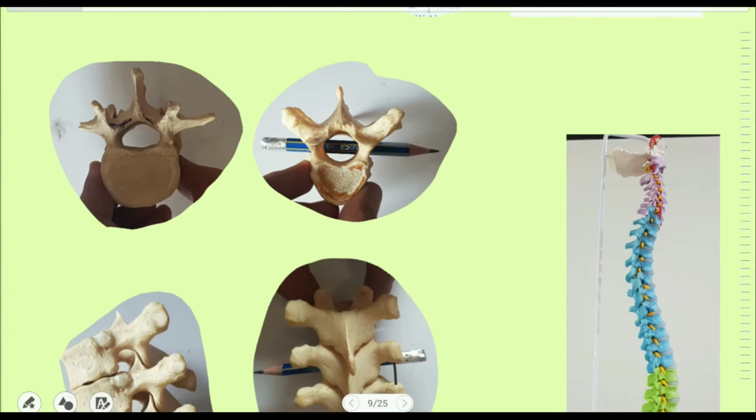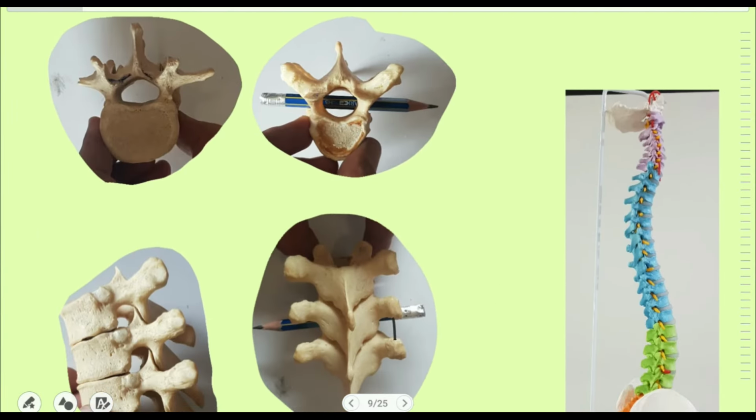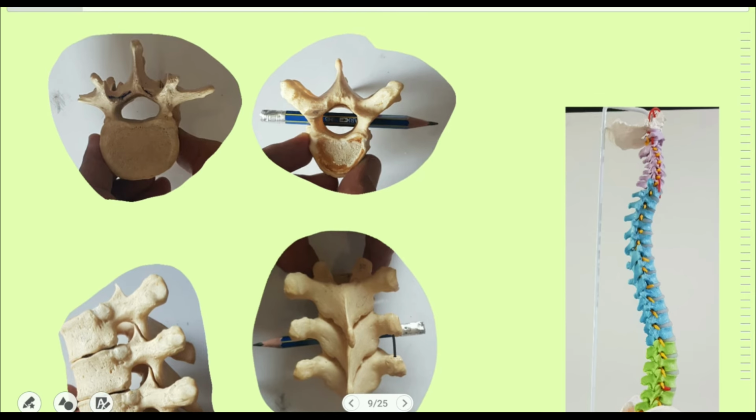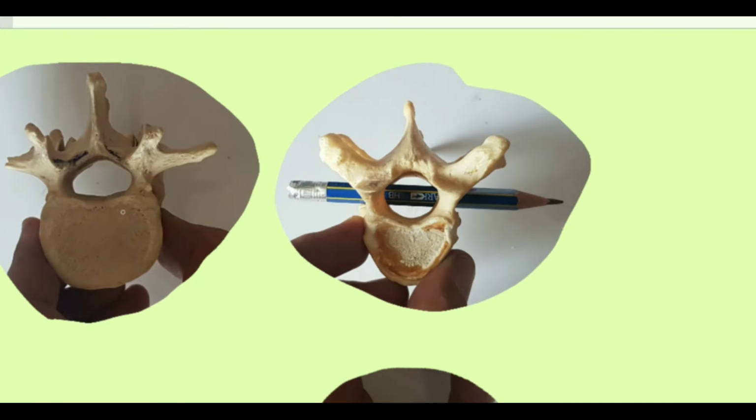Now coming to the atypical examples of the syndesmosis, because by definition if there is a ligament that unites two bones, it's labeled as the syndesmosis. So these are the atypical examples of the syndesmosis. Before describing these examples, I will demonstrate the general description of a vertebra, how a vertebra is described. We start the description of the vertebra by saying that it has a body.